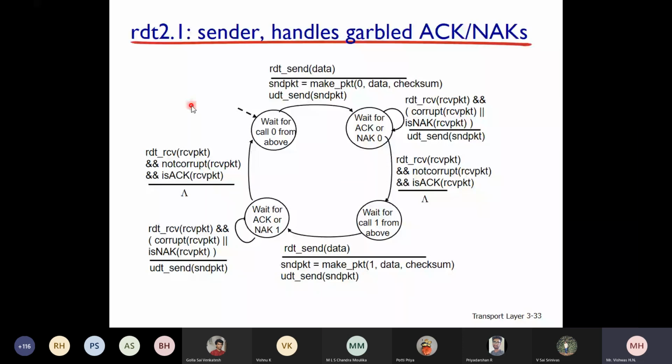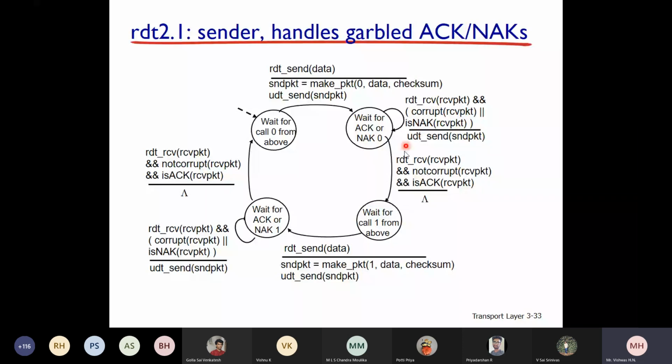I'll repeat again. You are waiting for a packet 0 from above. You have an event called RDT send. For that, the action is you are creating a packet with sequence number 0, data and checksum. You send it using UDT send and wait for an acknowledgement or negative acknowledgement 0. You have received a packet. If it is corrupt or if it is negative acknowledgement, you have to retransmit it.